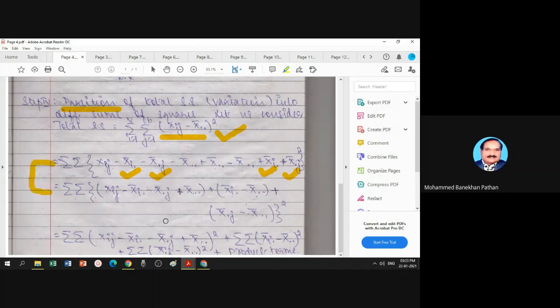Now what I do, I apply the concept of squaring. You know a plus b plus c square, how is it written? It is written as square of a plus square of b plus square of c plus product of each with the other: this with this, this with this, and this with this. So those are the product terms. So after having this, we say